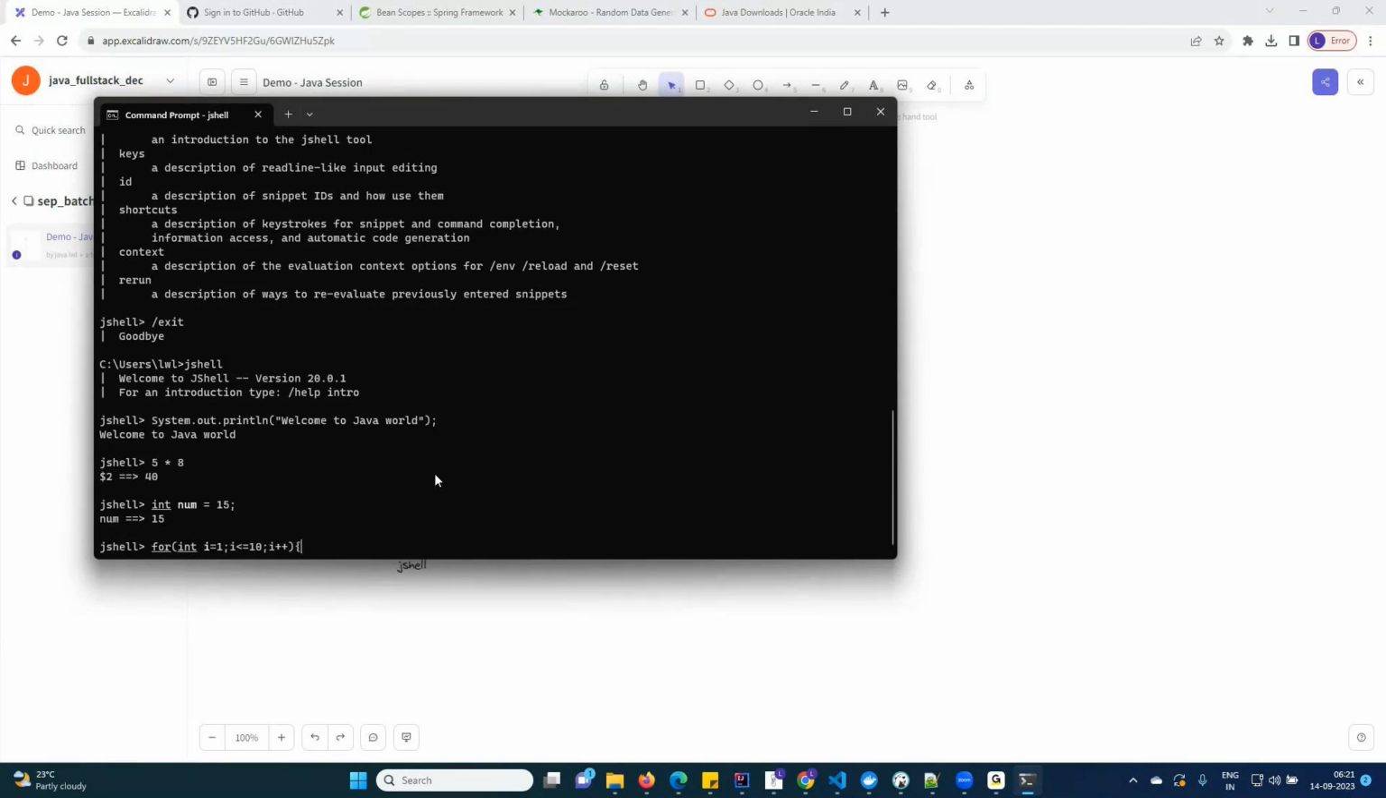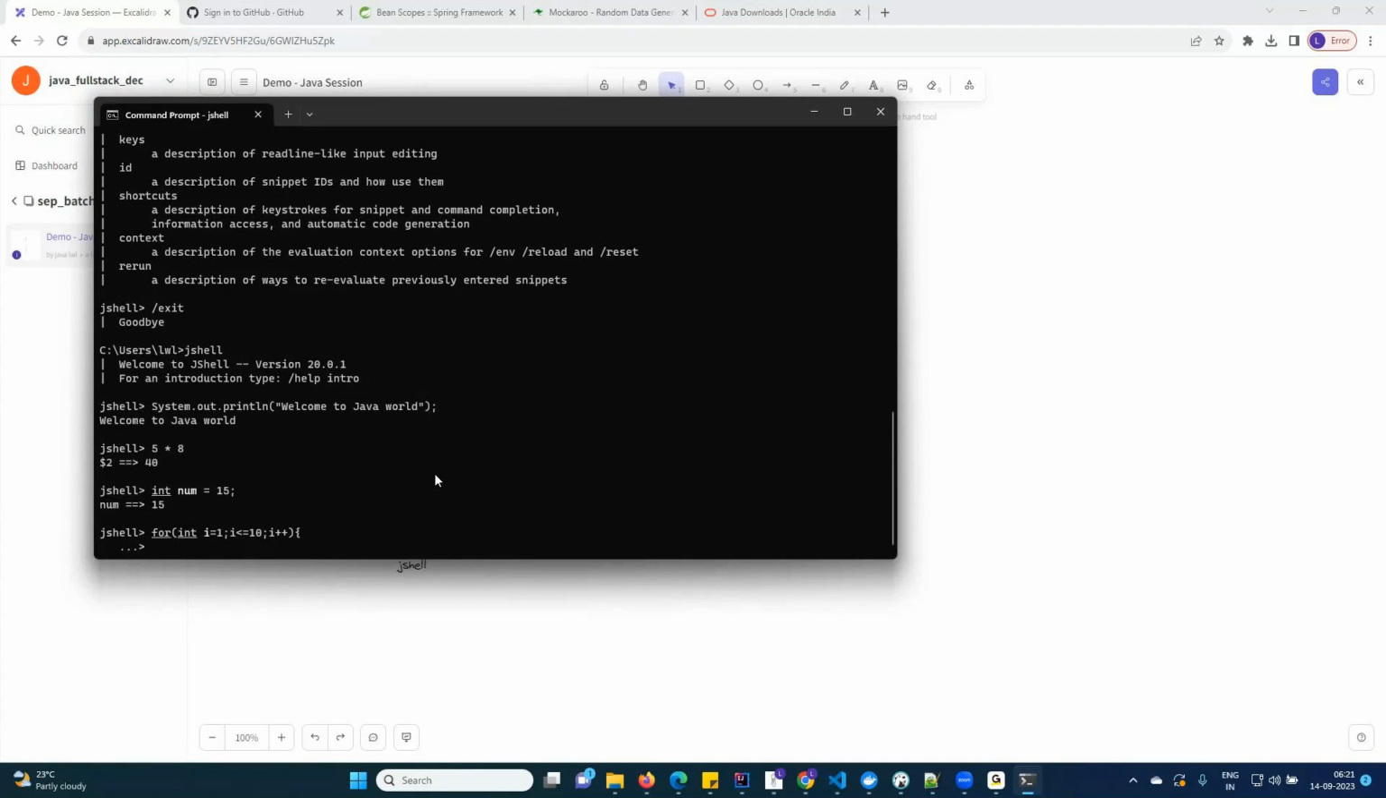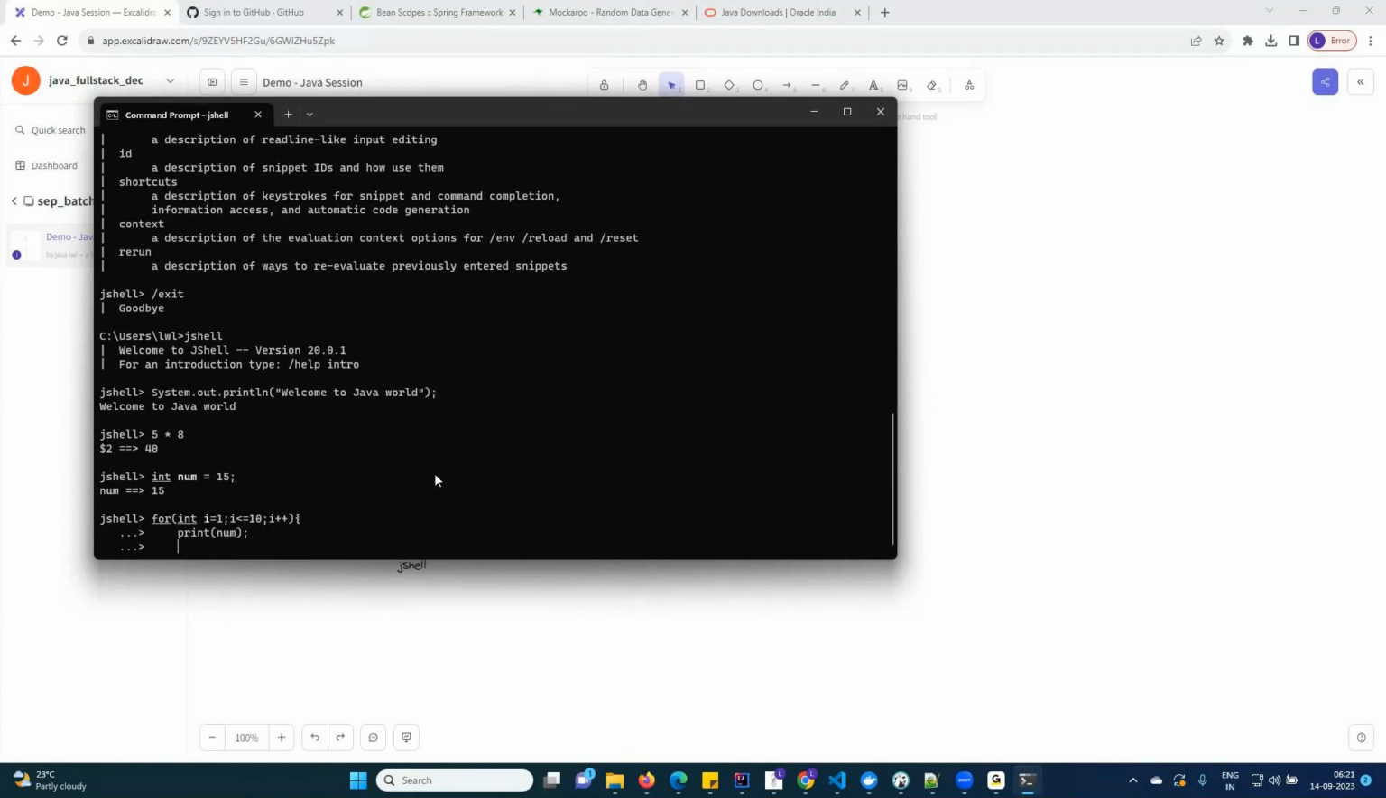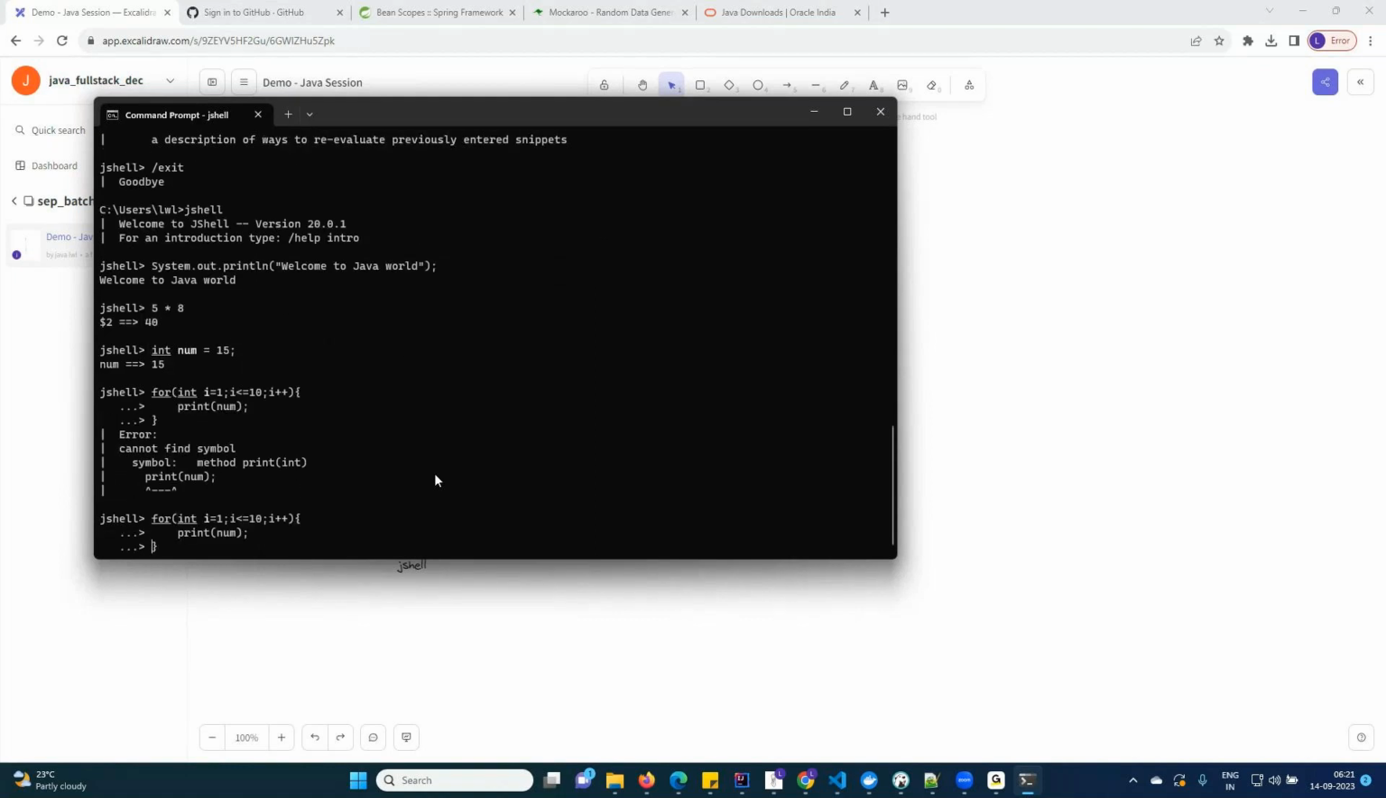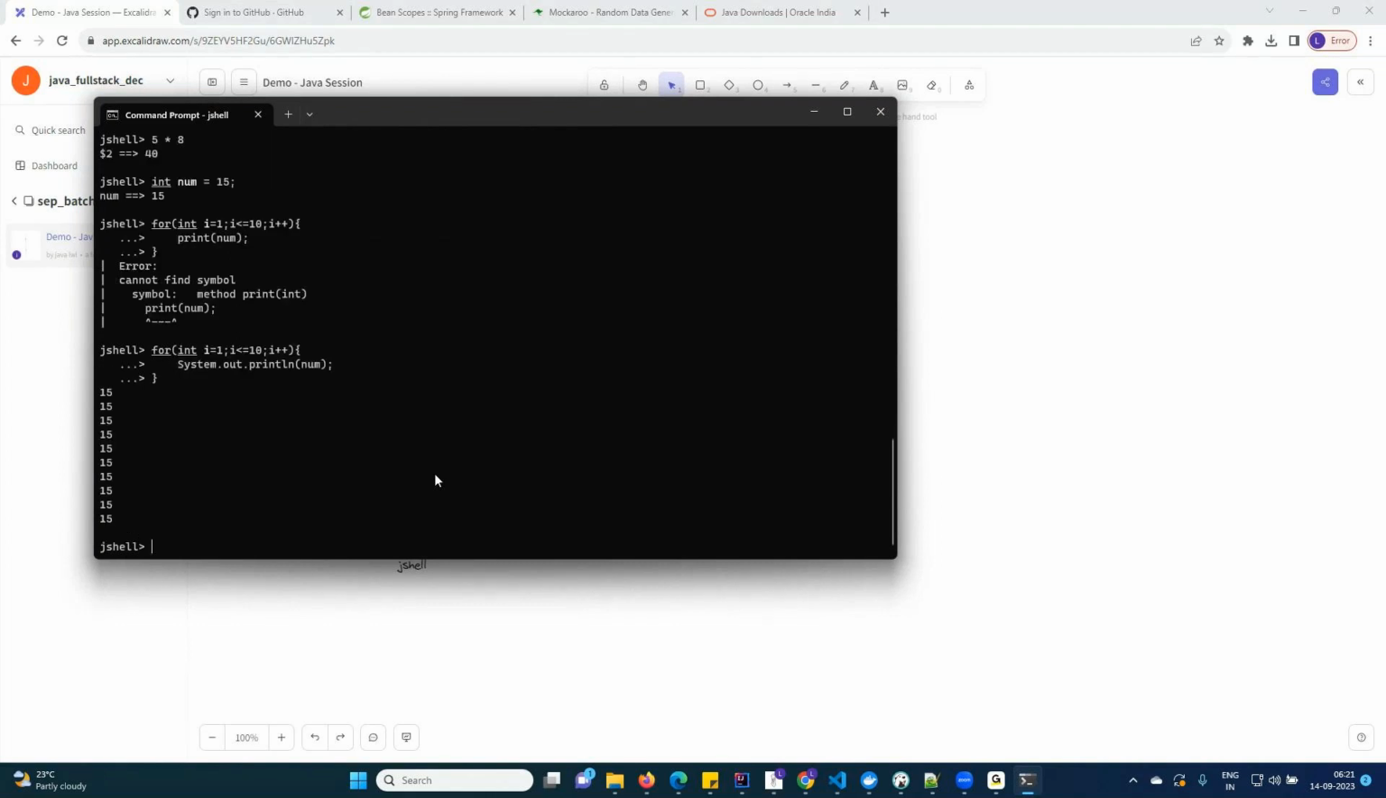Just we are going to write it here. I'm going to print the number value. So this number value I'm printing 15, 10 times. I'm printing the number value. Okay, it's not print. I'm sorry. This should be system.out.println, which is going to print the 15, 10 times. So sometimes when you're working in a project, you want to know how these